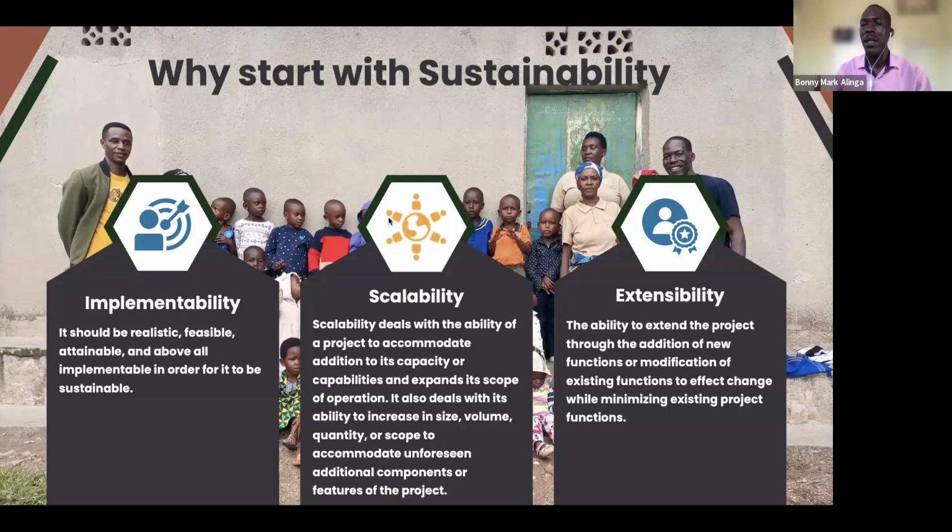These sustainability items should be flowing into your mind and trying to identify them and saying, does it work for me? Can this work for this project? If I hit this, will it reach far? Can I extend it? Will it be moderate? Will it be flexible to accommodate some modification, or it will be static? Sometimes we get into a situation where we can't move. We're already there. And we cannot get out, we cannot get in, and we end up crashing. So let's think about that.